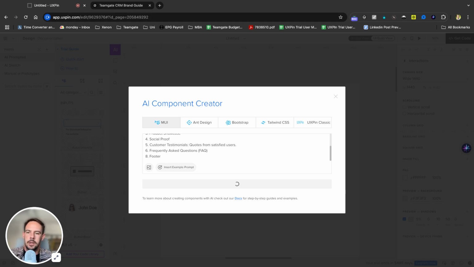As this is thinking, we can use a couple of different models. So we've just implemented Claude into the component creator. Previously, it was just OpenAI, but we've actually seen some really good results with Claude since implementing that. So hopefully we can show you what that looks like in a second here once it's generated. Bit of a long prompt, so it's probably